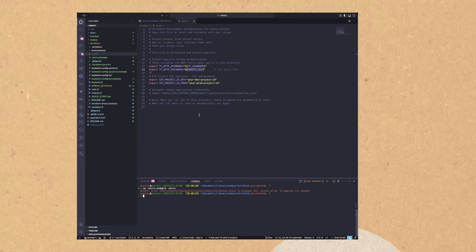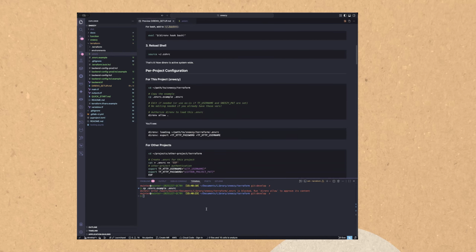The way I do that, actually, let me allow this first. To allow it, I just do direnv allow dot. What I just did is I basically said, computer, when looking at system wide variables or environment variables, go ahead and use this, start with this directory before looking farther out. And so now if I do echo, and then TF_HTTP_USERNAME,